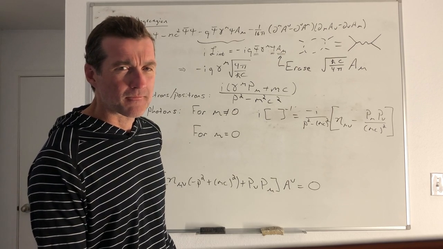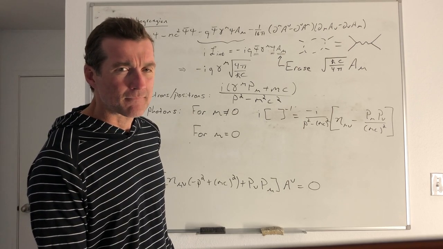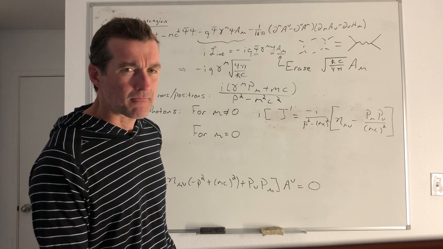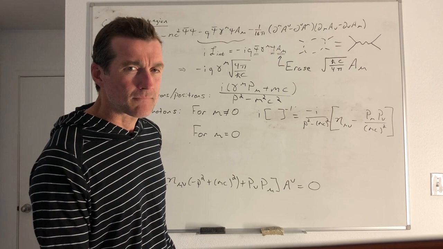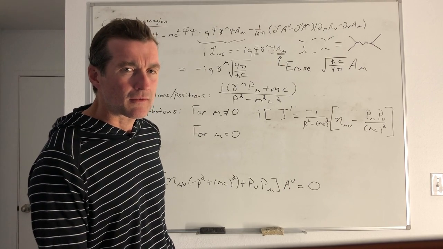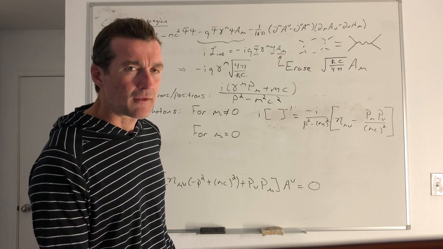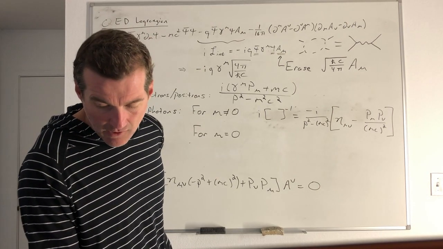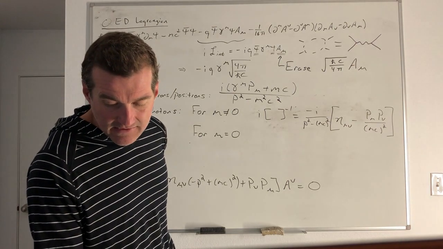I was thinking that one difference is that in the Proca equation, the four-divergence of the field A mu is necessarily 0, so p mu A mu is 0 for the Proca equation, but not necessarily for a massless boson. So actually, p mu A mu is going to be 0 for the massless gauge boson,